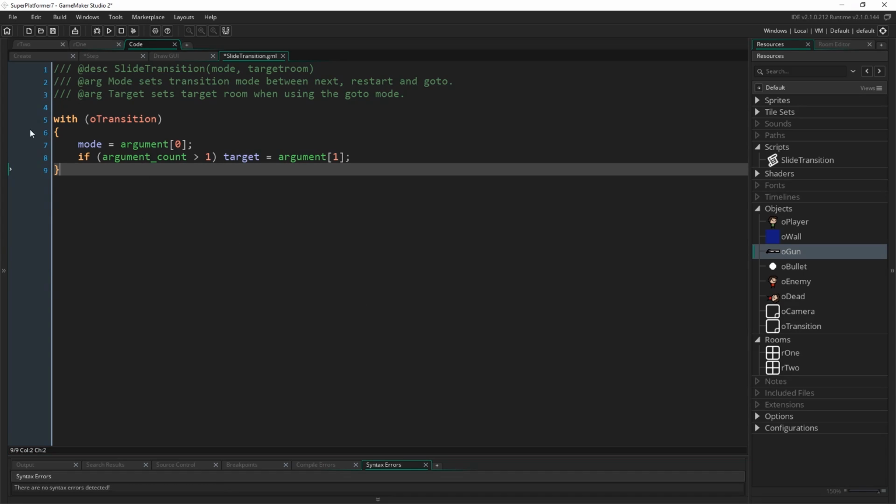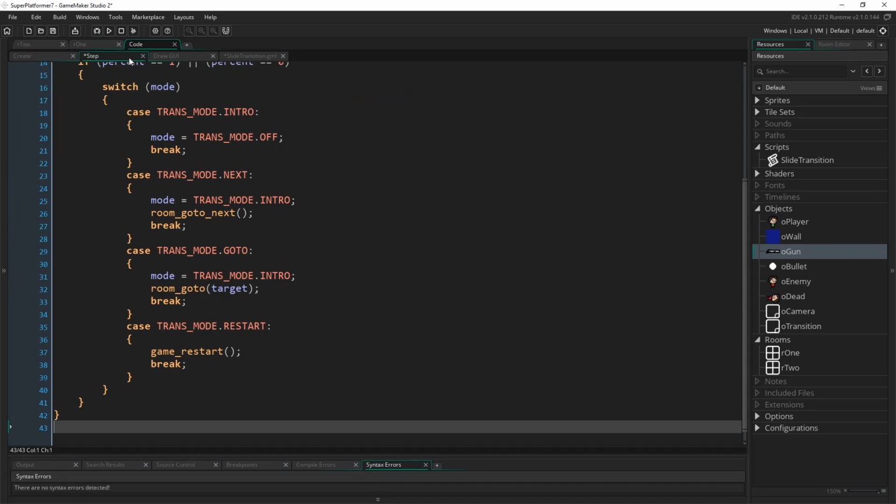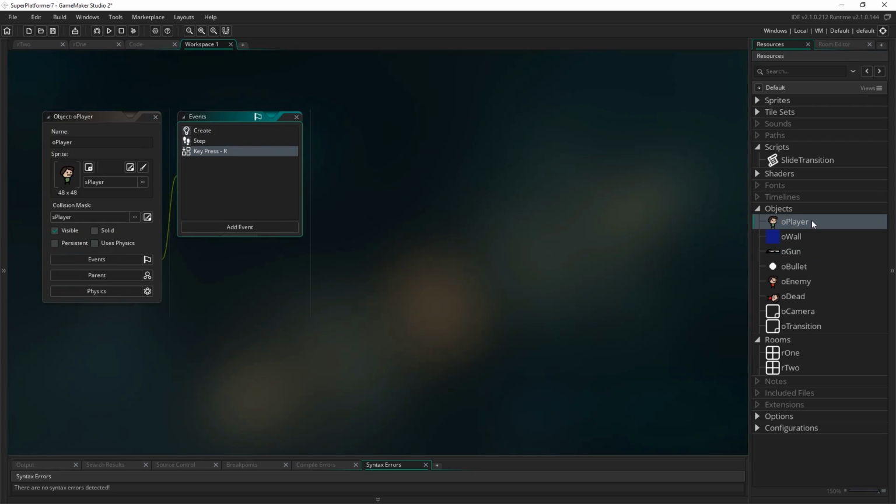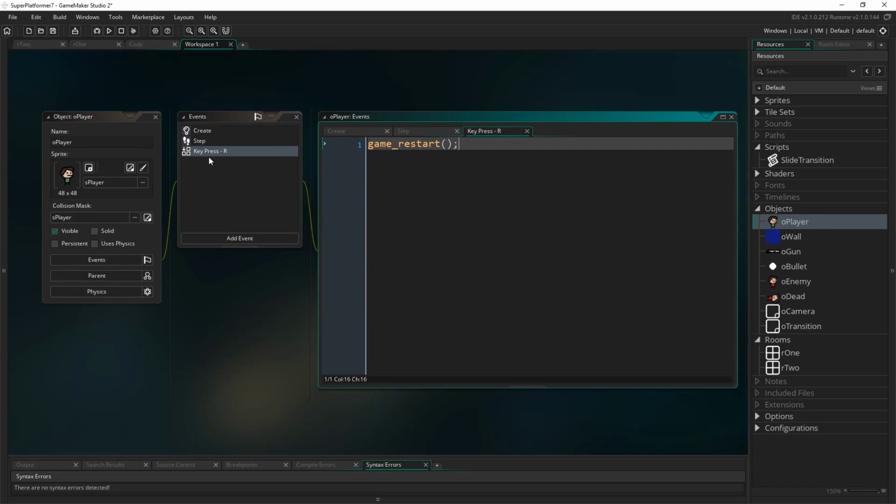Okay, so now that we've done that, we can finally see this in action. We're going to see it in action very simply. Thanks to all the setup we've done, this is now actually really easy for us to use, okay? That's the main benefit of having done all this work. We've done 4 different chunks of code, but they've ended up leaving us with something that's very, very easy to use now. So if I go to our player object, and when we have our key press R, which currently just restarts the game,